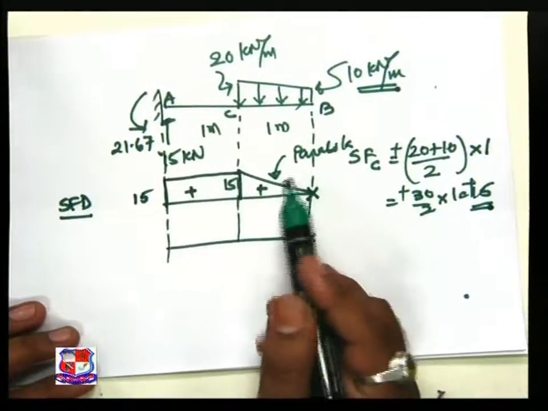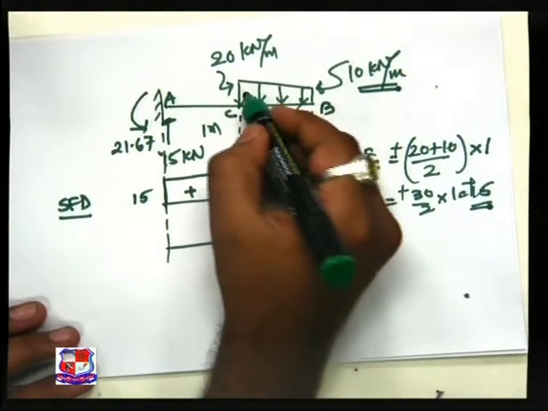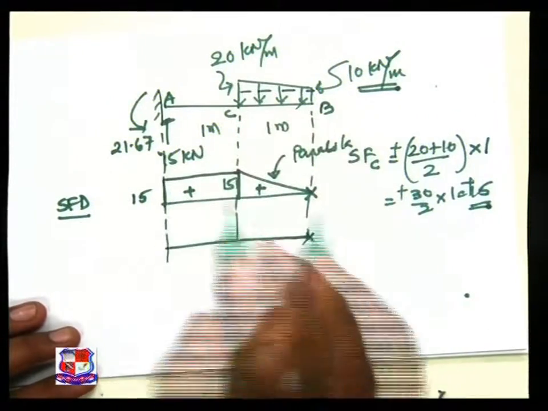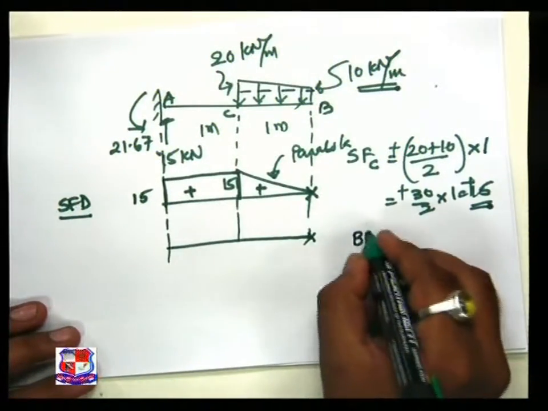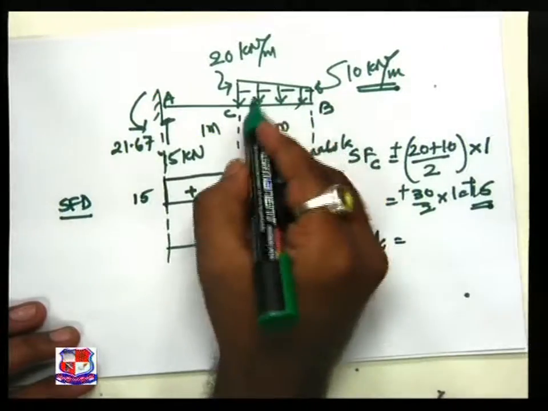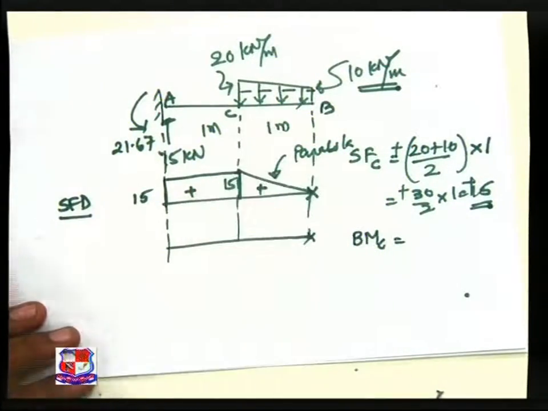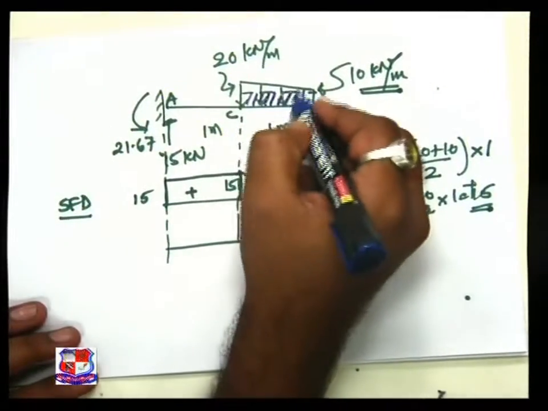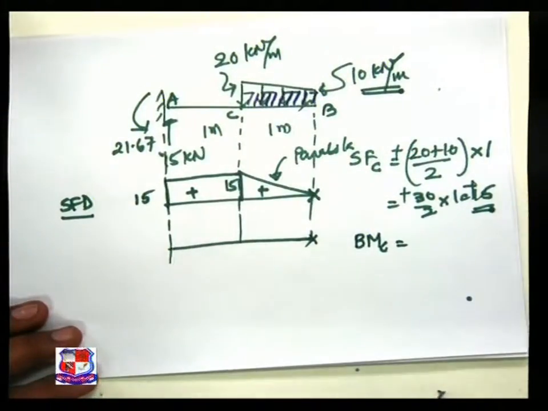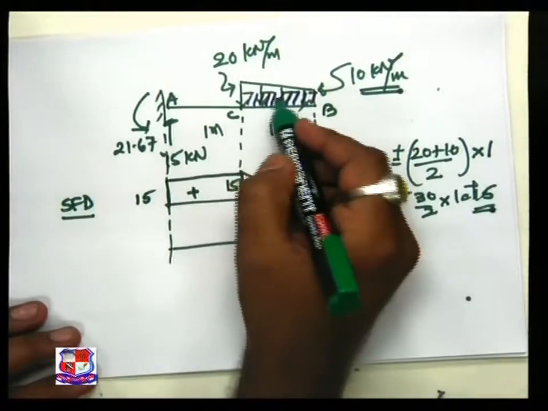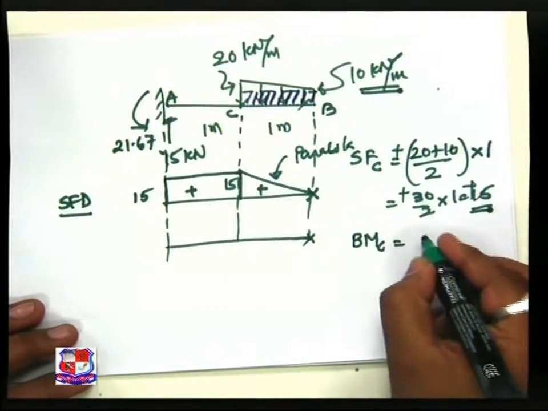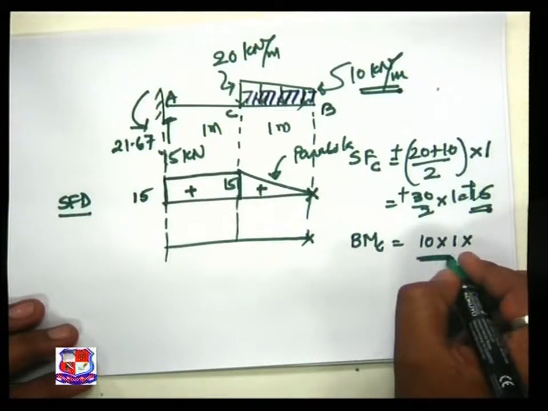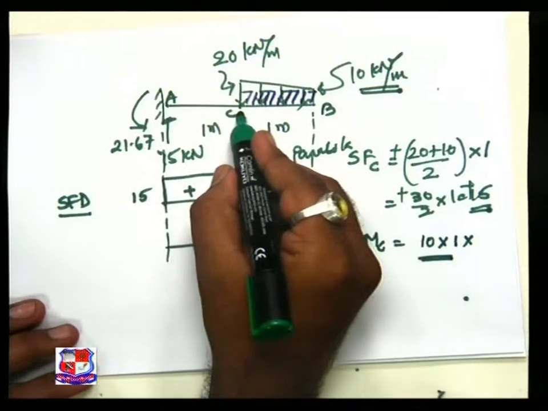So if we divide into the two parts, rectangle and the triangle, then the bending moment at C, because of this rectangle part, is nothing but the UDL: 10 into 1 into, this is the total load. Intention is to find out the variation at C,